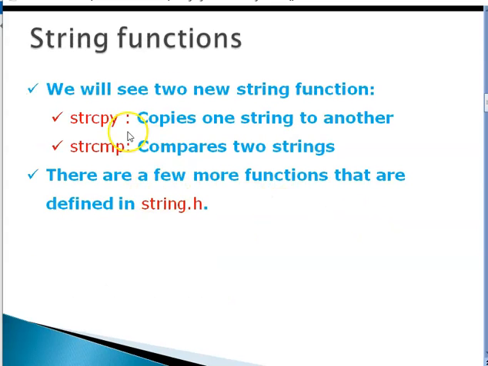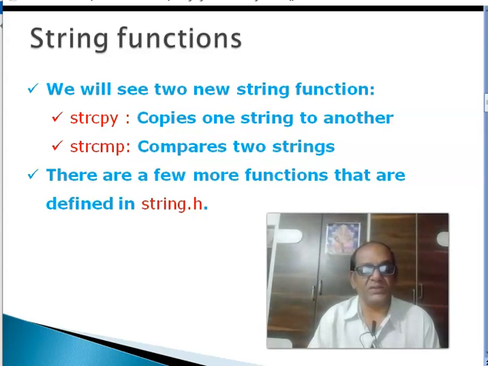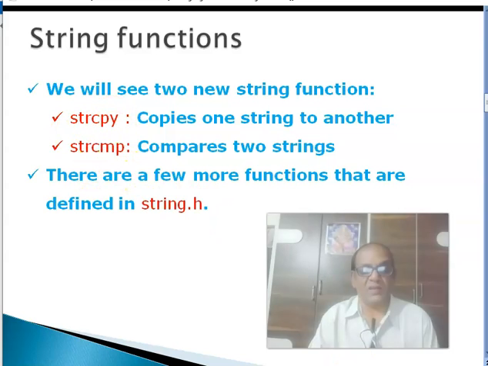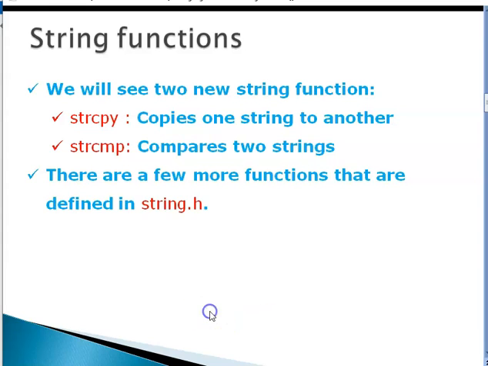The two functions that we are going to see are string copy, abbreviated as strcpy, and string compare, abbreviated as strcmp. These two functions are defined in string.h. That is why you need to include this file each time you use strcpy or strcmp in a program. With that, let us see the syntax of